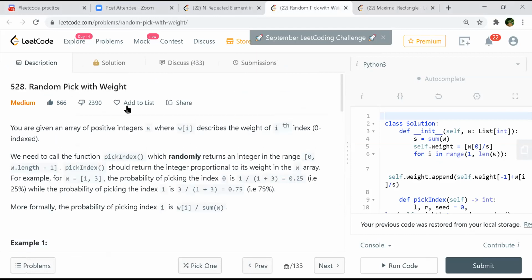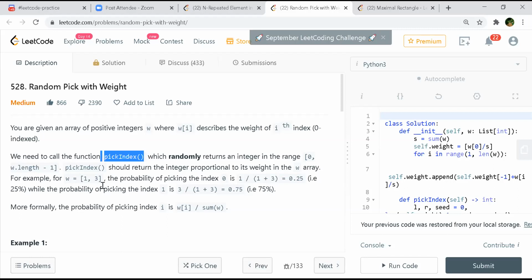So next is random pick with weight. You are given an array of positive integers where w of i describes the weight of the ith index, and we are supposed to call this pickIndex function, which randomly returns an integer in the range 0 to w.length. pickIndex should return the integer proportional to its weight in the w array.